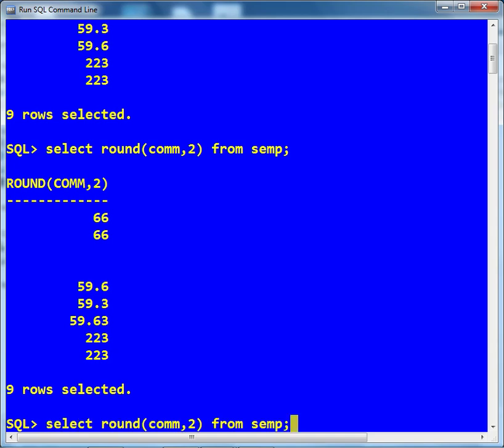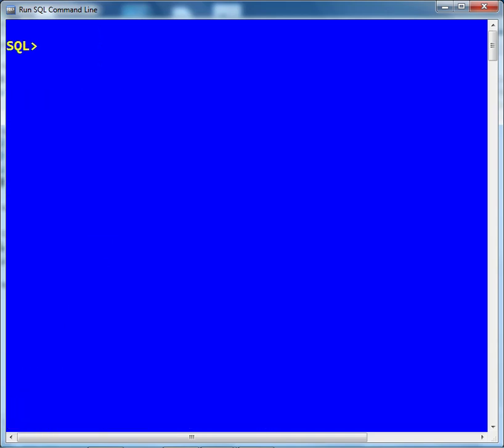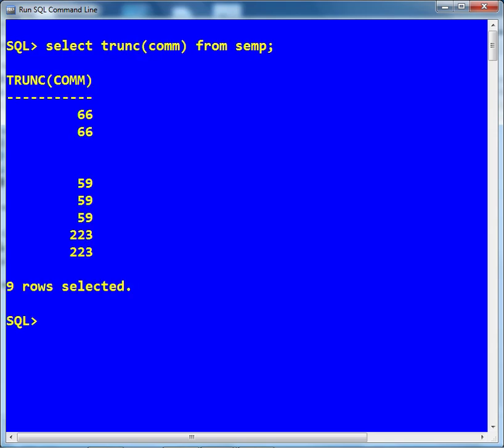Another we have is the truncate function. Instead of round we can use the trunc function. So I can use TRUNC of commission from SEMP. It will simply cut the values after the decimal. So it is the truncate function.